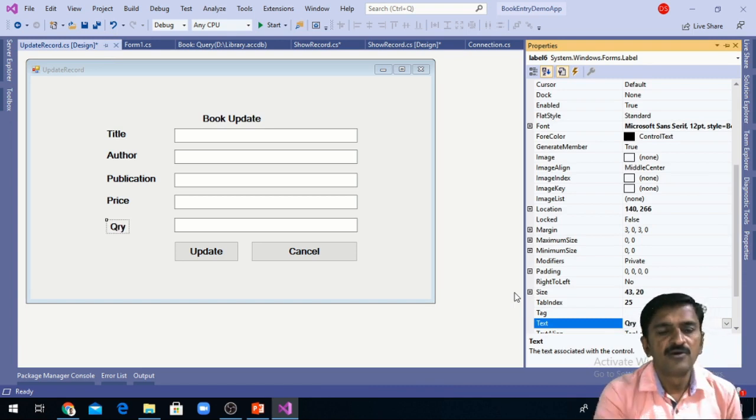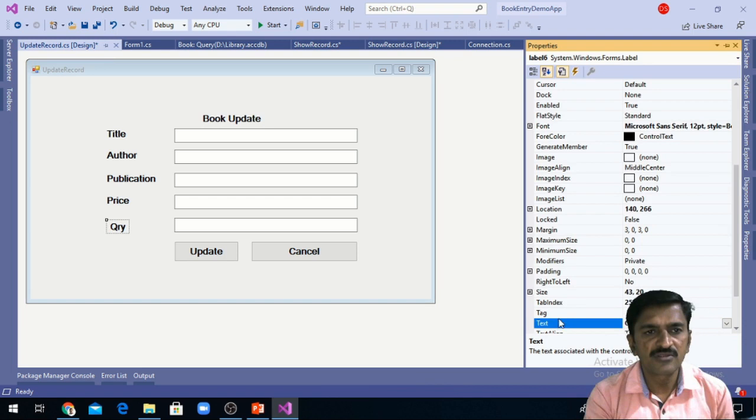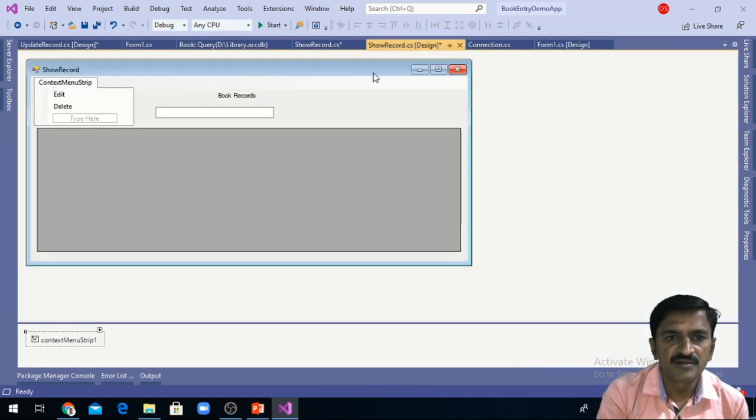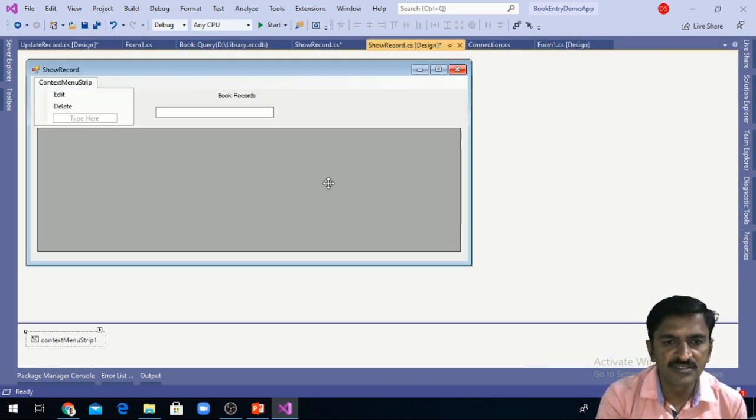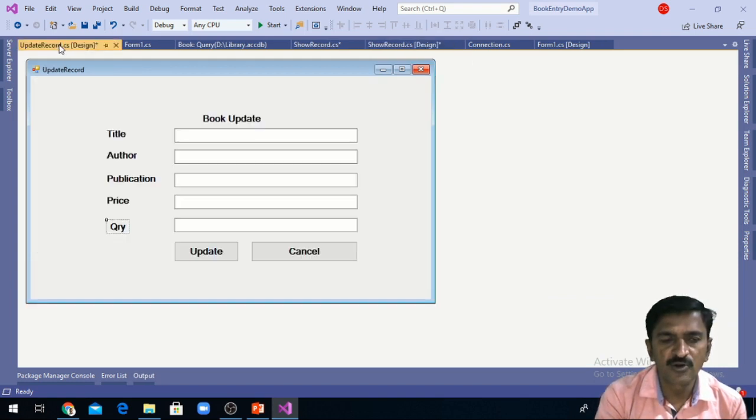Right? So what we'll do is, when the users select a particular record on this data grid view, we'll pass all these records to this update record form. So on this form, whatever text boxes we have designed, we want to access the text boxes from show record form.